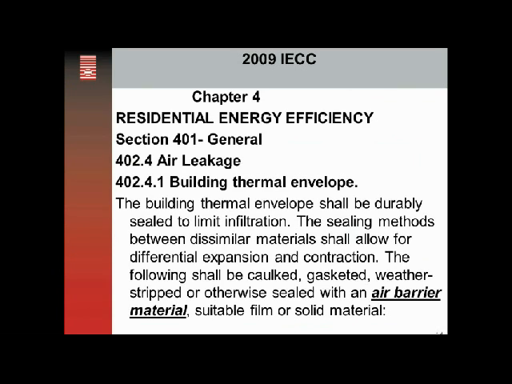Chapter 4 of the 2009 IECC, Residential Energy Efficiency, Section 401, General Provisions, 402.4, Air Leakage, 402.4.1, Building Thermal Envelope. Building thermal envelope shall be durably sealed to limit infiltration. The sealing methods between dissimilar materials shall allow for differential expansion and contraction. And the following shall be caulked, gasketed, weather stripped, or otherwise sealed with an air barrier material, suitable film or